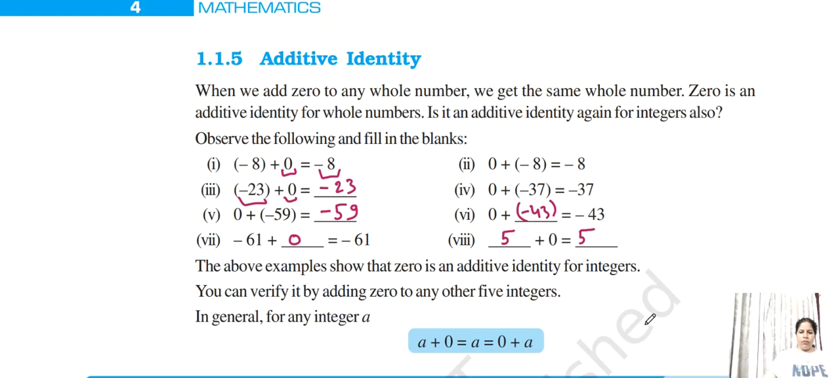Okay, so like this we can conclude in this way: a plus 0 equals a, equals 0 plus a. Fine, so here we can say that this 0 is the identity, and this is the additive identity because we are using the plus sign here. Okay,